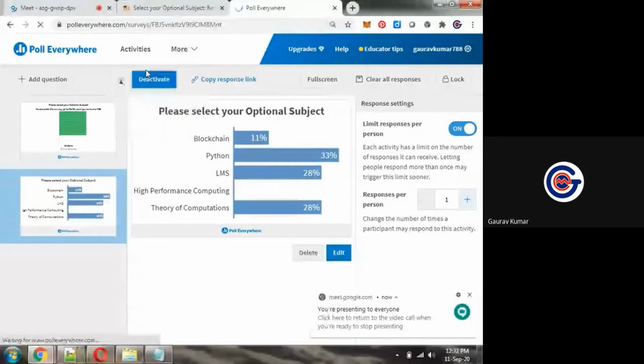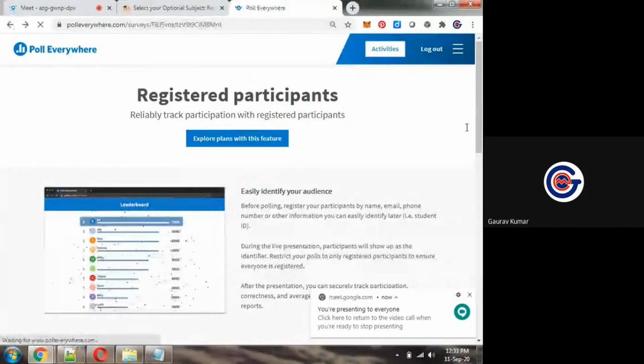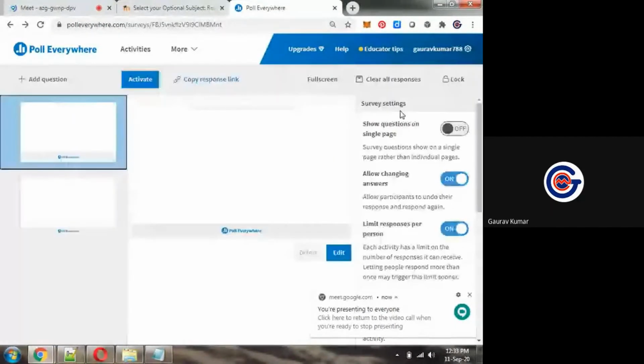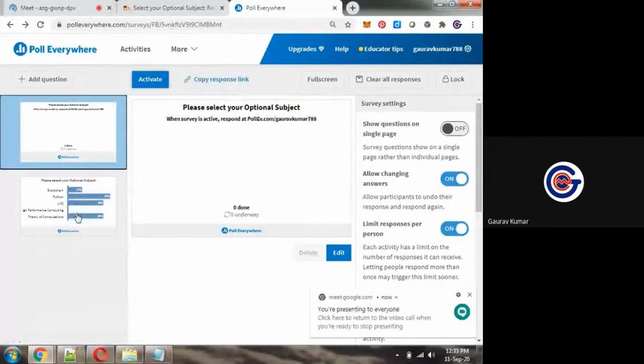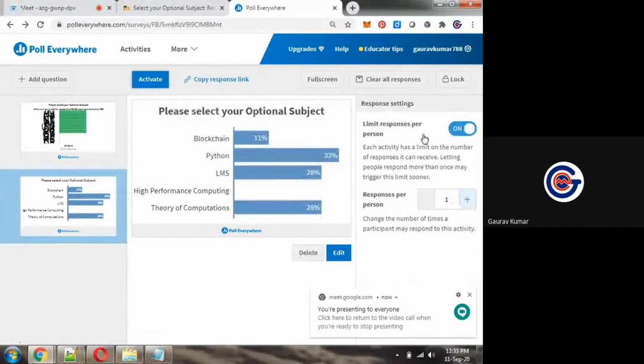We can see the number of participants also, registered participants. Currently we are simply using it directly without anybody's account.